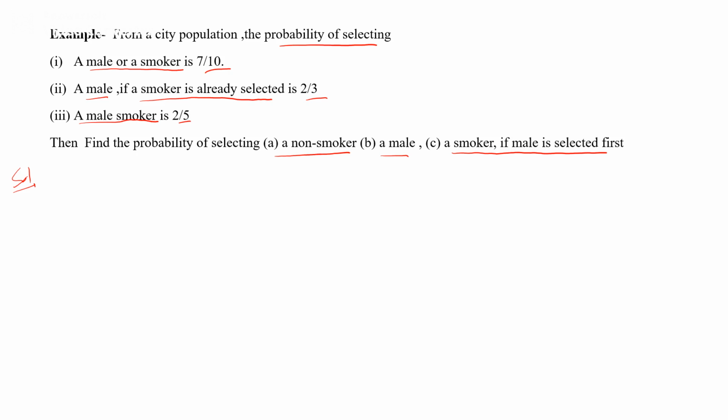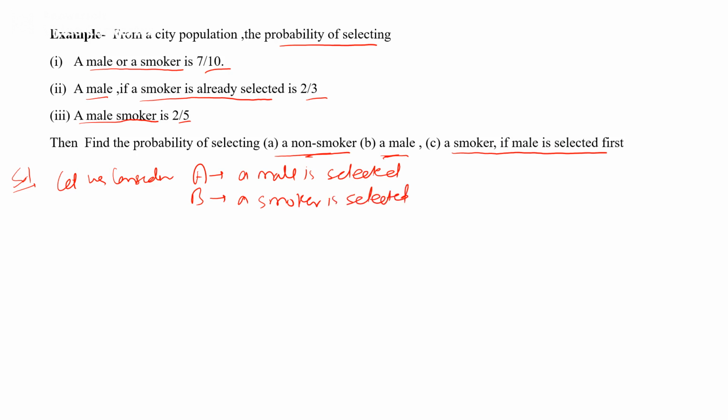So we have to find the non-smoker and a male. Let us consider an event A: a male is selected, and event B: a smoker is selected. Now according to the question, the probability of a male or a smoker